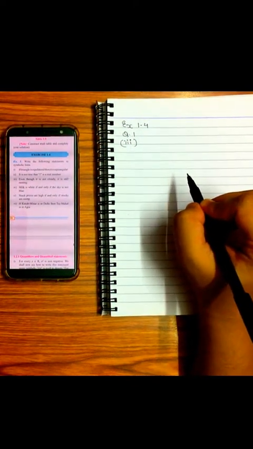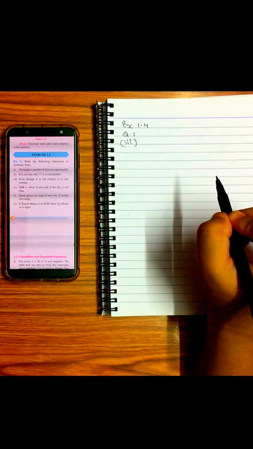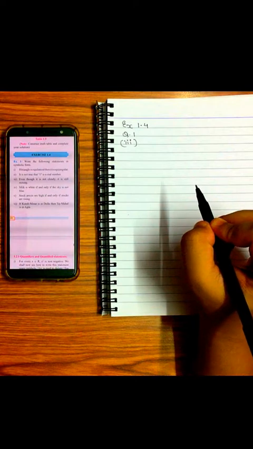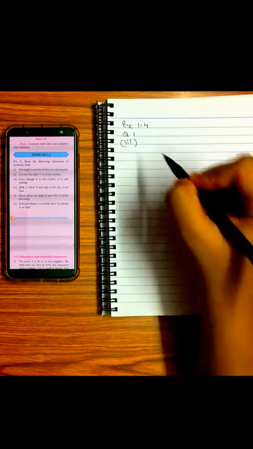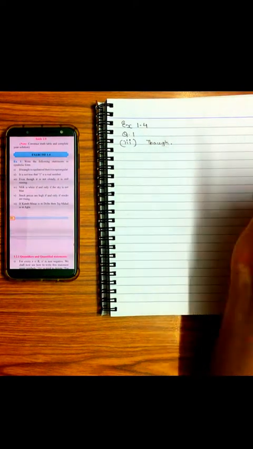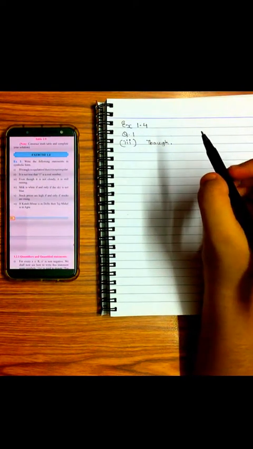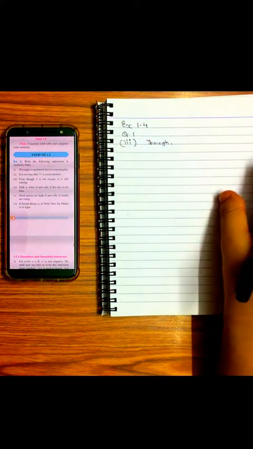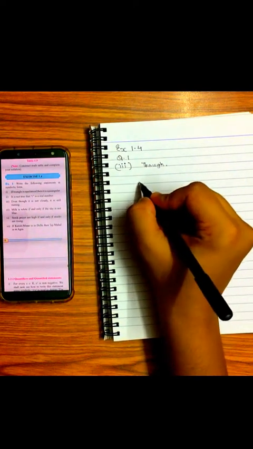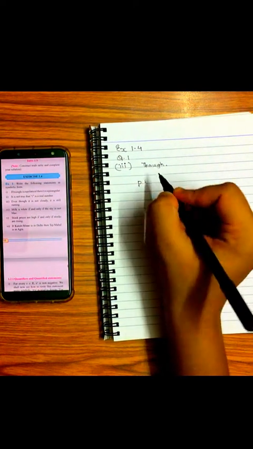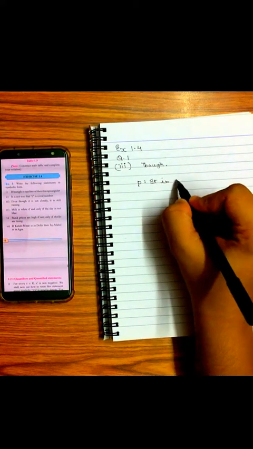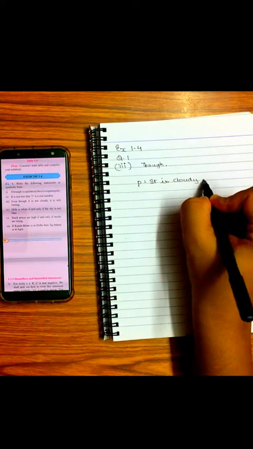Even though it is not cloudy, it is still raining. Here you need to see the alternate words that are used for and. Here it is used as though. Okay, so now let's see how to go about this. Write the following statements in symbolic form. So we'll say first, let P be it is cloudy. Okay, what will be Q?